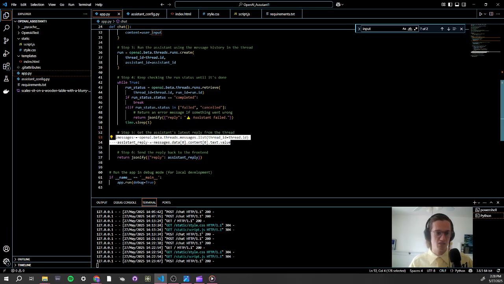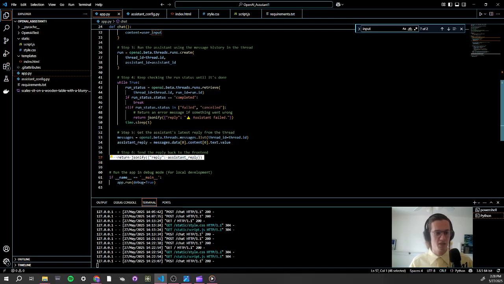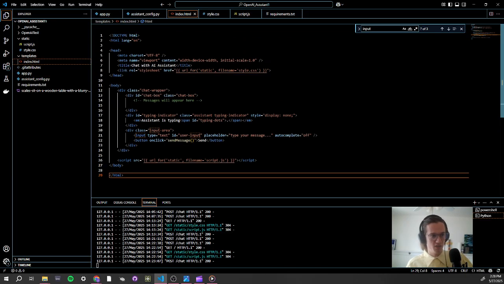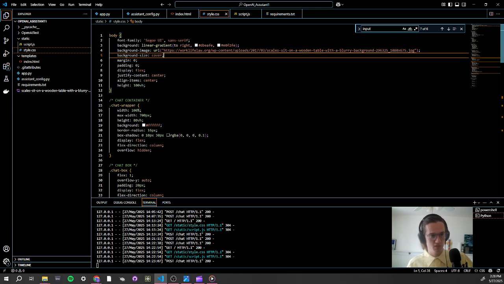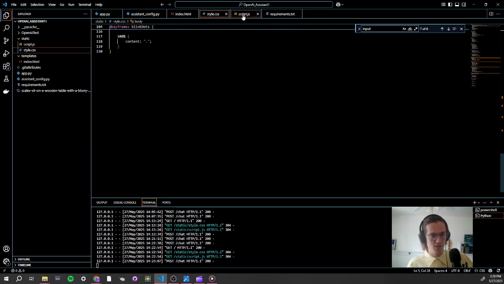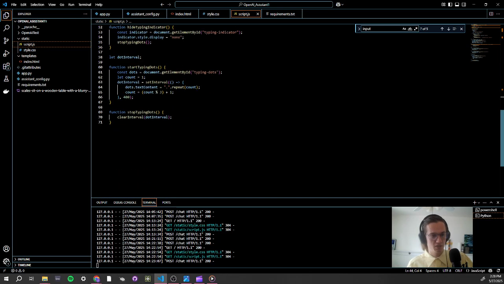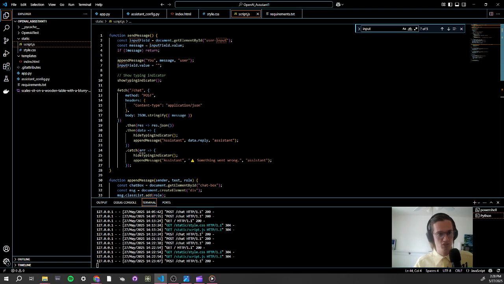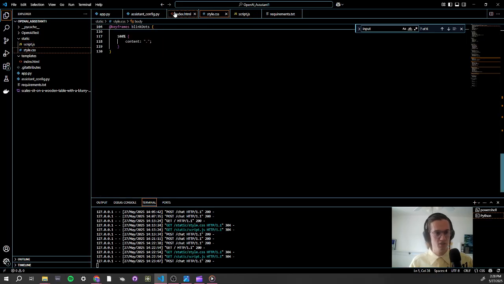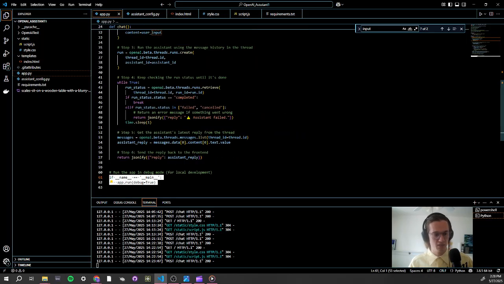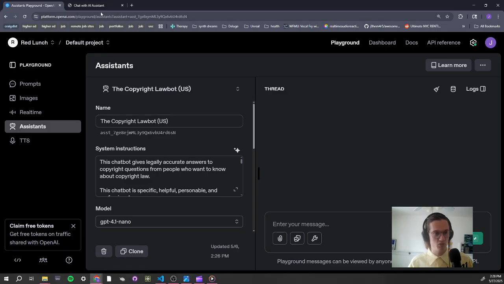And then I'm getting the assistant's latest reply from the thread, sending the reply back to the front end so it can be viewed on the web page, and then running the app in debug mode so we can make sure that everything is running the way we want it to. I have a very short HTML document, and then styling it up with CSS and allowing there to be interactivity with JavaScript. So it's a relatively simple app, but I find it very useful and